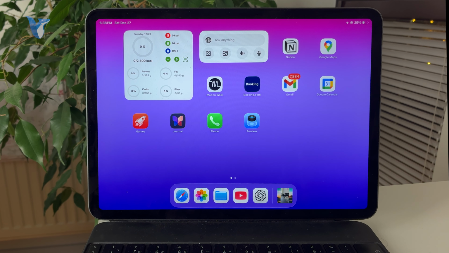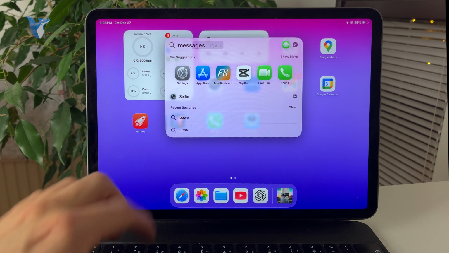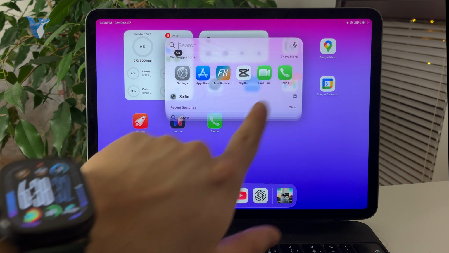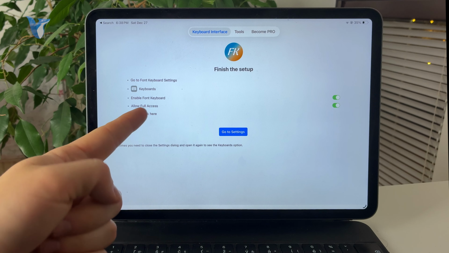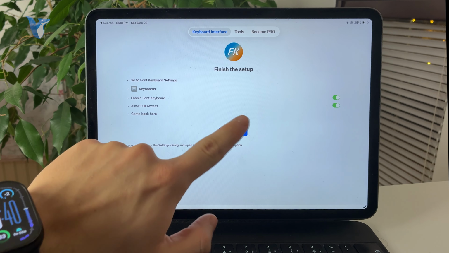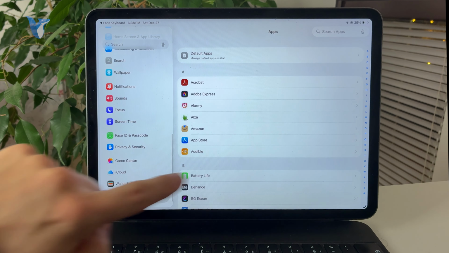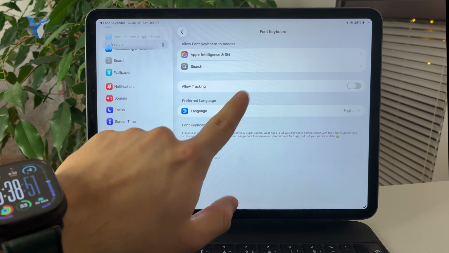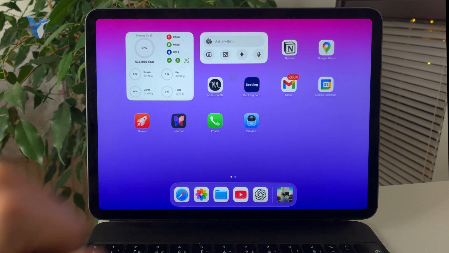So it all comes down to what exactly you want to do with it. For example, if you mean just the text messages, and you want to change the font for that, well, in that case, you can literally just set up a font keyboard, right? You can look that up within the App Store, and this is an application which is going to let you type in a different font, right? So for example, you would go to Messages, use that new keyboard for the fonts, and you'll be able to send something in a different font if you really wanted to do it. But it's not the most practical thing ever, so yeah, it kind of depends, but the option is most definitely